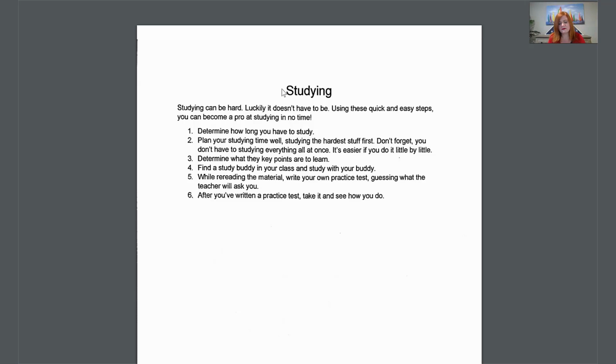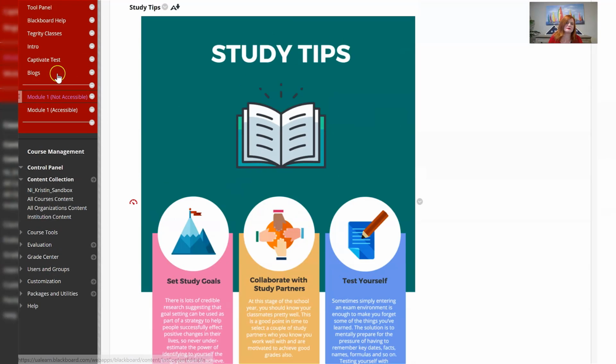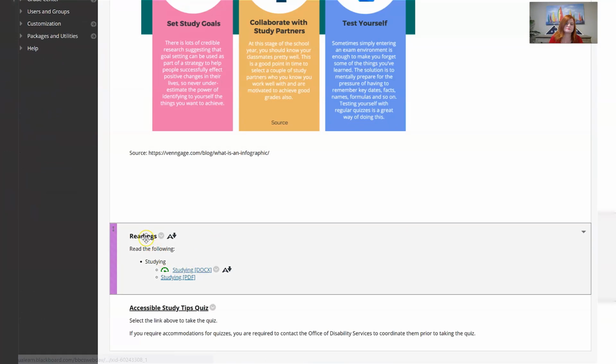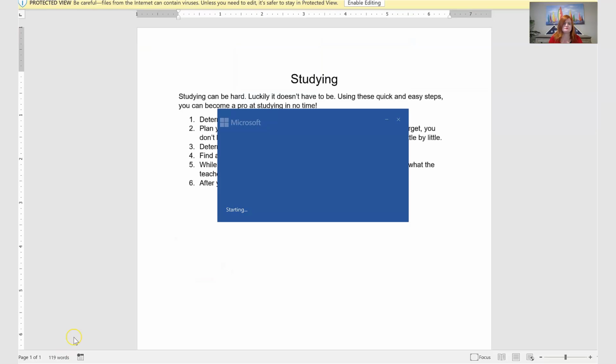So it doesn't have to all be a PDF. It can be a Word document with all the same information and it's fine. What's not okay is to have a PDF that's been OCR'd but have it not be accurate. So that's why I recommend creating a separate Word document, which is what we did in our example here. Course menu, study tips, studying, read the readings, read the following, studying docs, studying PDF, click downloading, studying, opening Word,